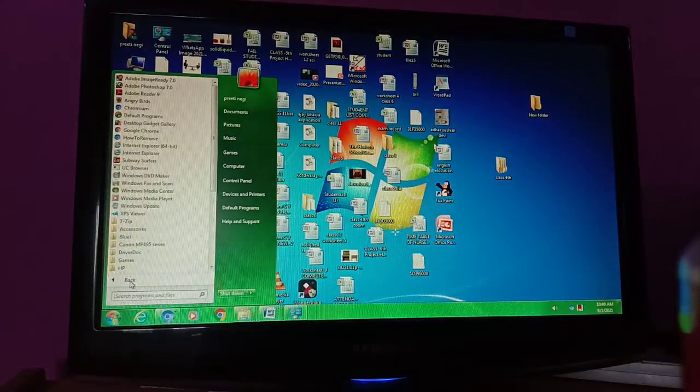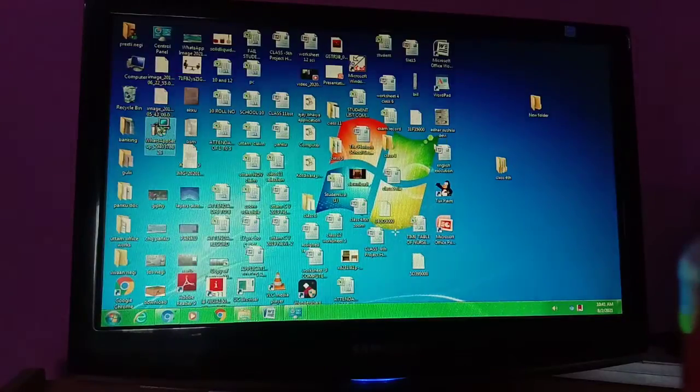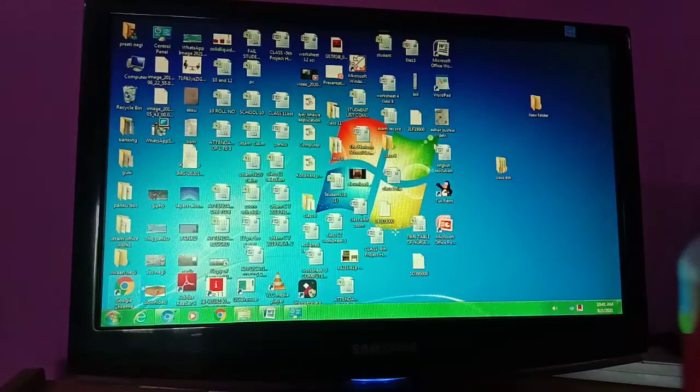As you click, so many programs or utilities are available. Just go to Accessories. As you click on Accessories, Calculator is there, where you can calculate anything with the help of this calculator.